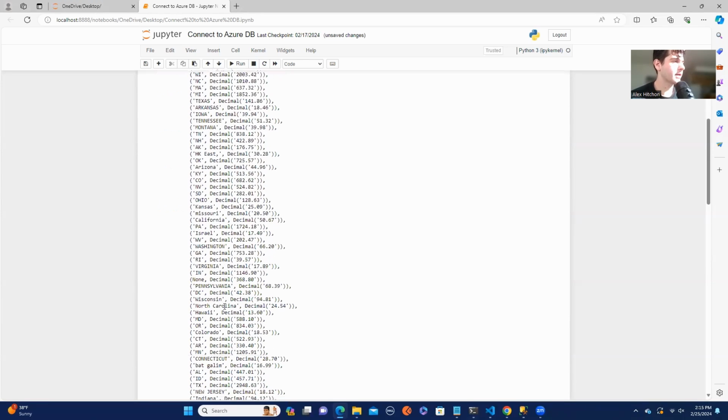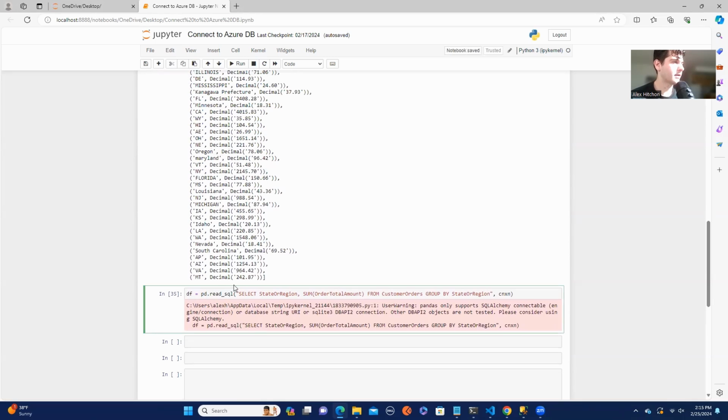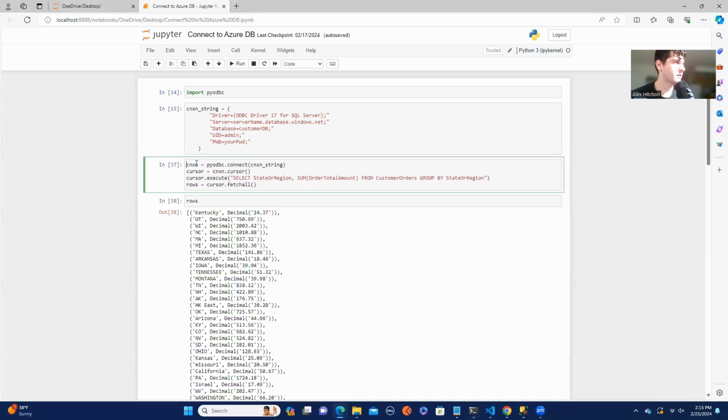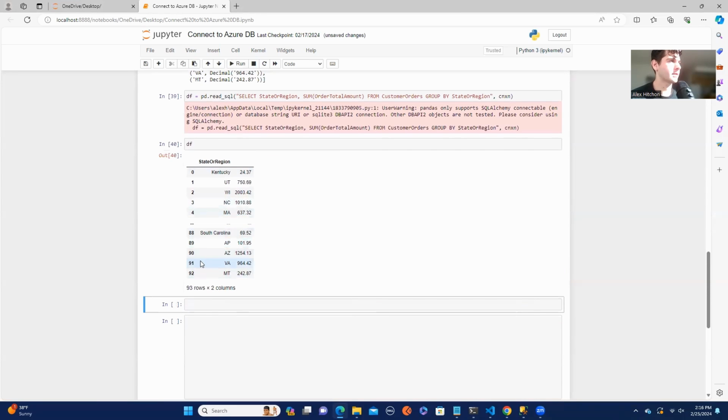Now, this might not be the greatest output for you, so I often like to use pandas data frames. So this is the same thing, but instead we do pandas. I have pandas already imported, pd.read_sql, and then we put that query, and then we put as our second argument the connection. If we go ahead and run this, you can see right here, much nicer